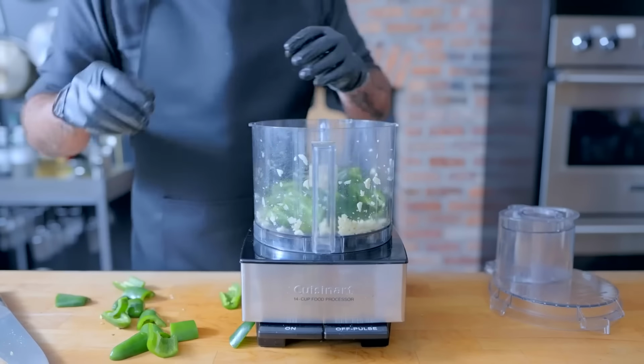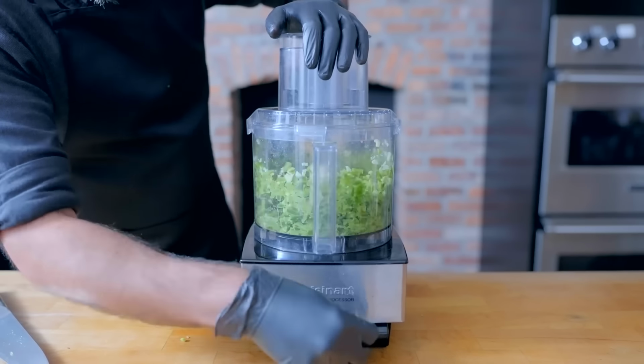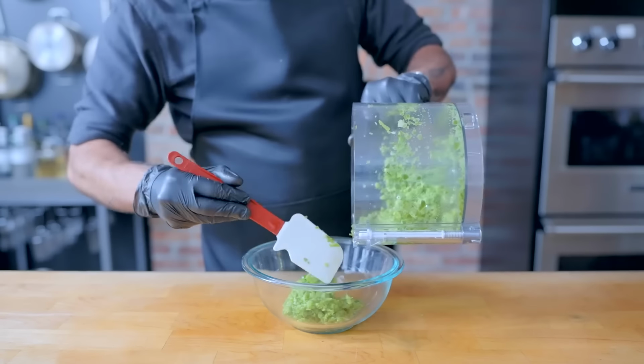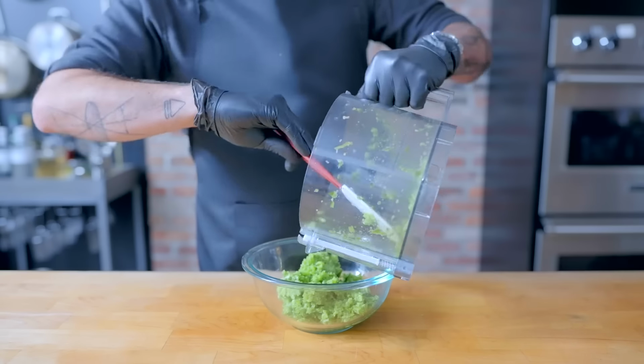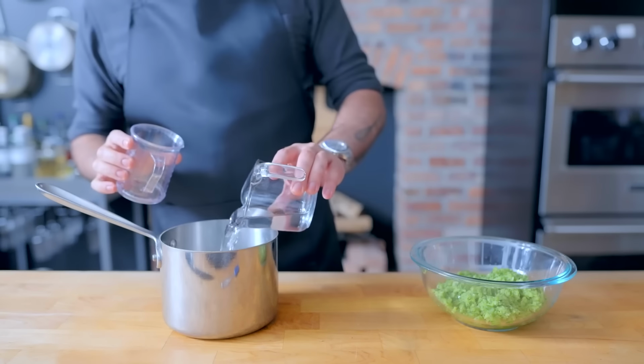Once that's good and chopped up, add the jalapeños, and then process until it has a relish-like consistency, so nice little chunks. Scrape down the sides of the bowl occasionally, and process until your desired consistency is achieved. Then to sort of quick pickle these guys, I've got equal parts vinegar and water, about a half cup each,